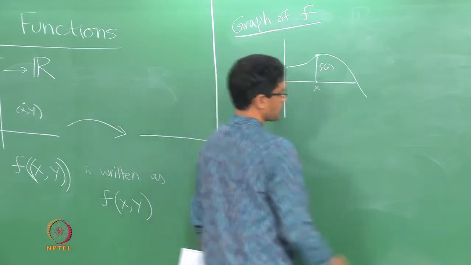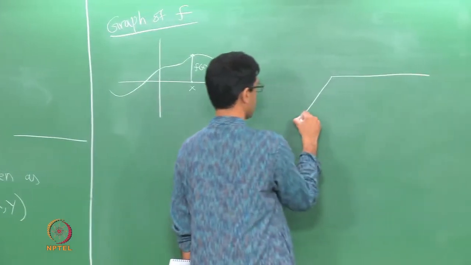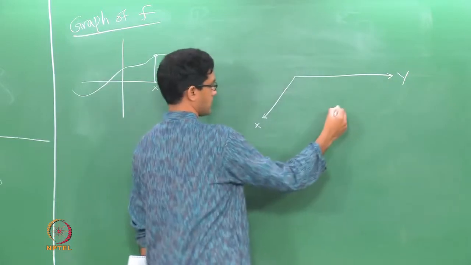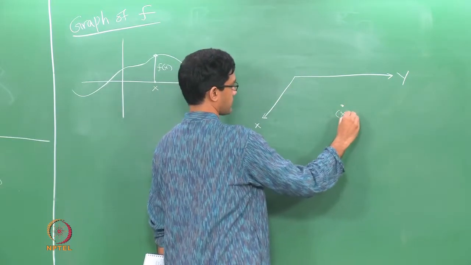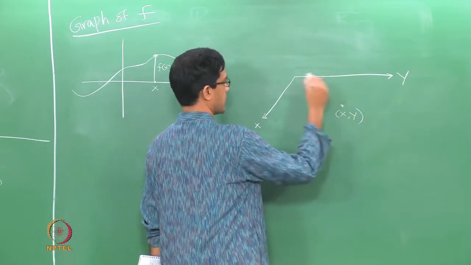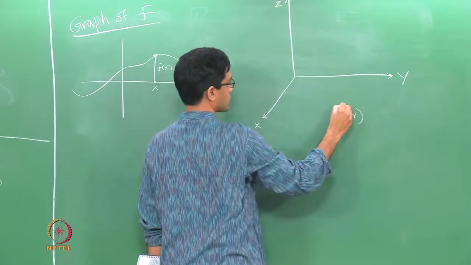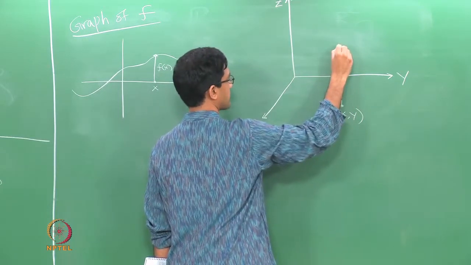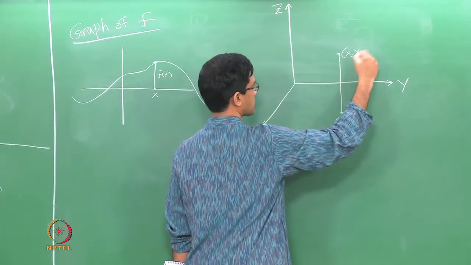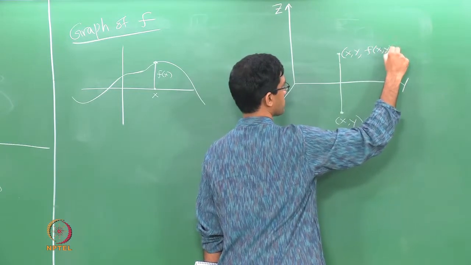Instead of this, the domain is now a plane. So, let us think of the domain as being the xy plane, and for each point on the xy plane, what you have is some function value which you now plot along the z axis. So, you have got the z axis here, and for each point you will have something like this. So, this is vertical along the z axis. This point here has coordinates x and y, those are the x and the y coordinates, and the z coordinate is f of x y.